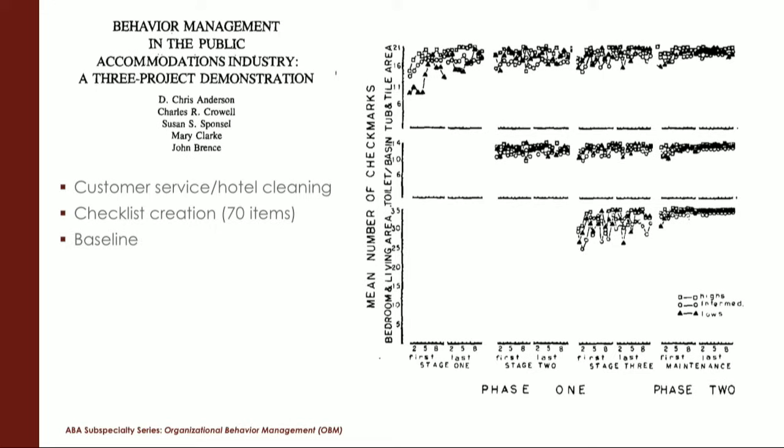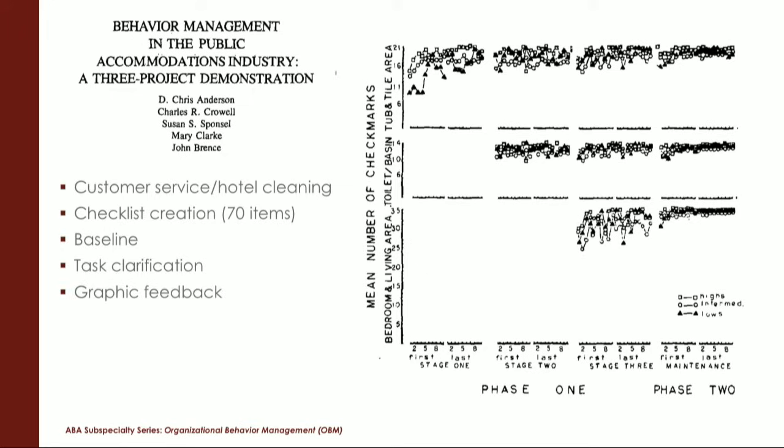Anyway, what they did was they were able to improve cleaning by measuring it and then clarifying the tasks. So they gave the individuals the checklist and helped them to understand what it was. First, tell them what to do in really clear terms. And this was not participative in any way. It was just, hey, this is what we want you to clean, and we've got a checklist to demonstrate it.